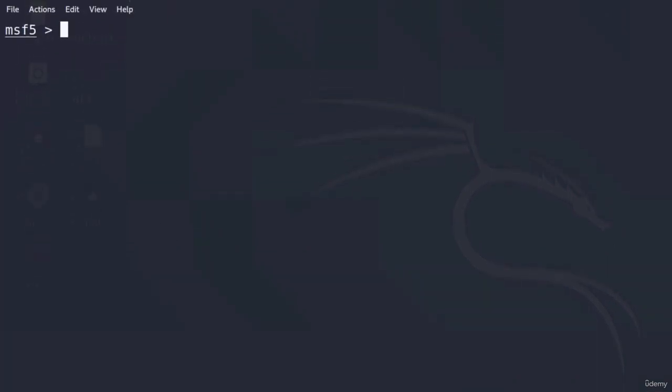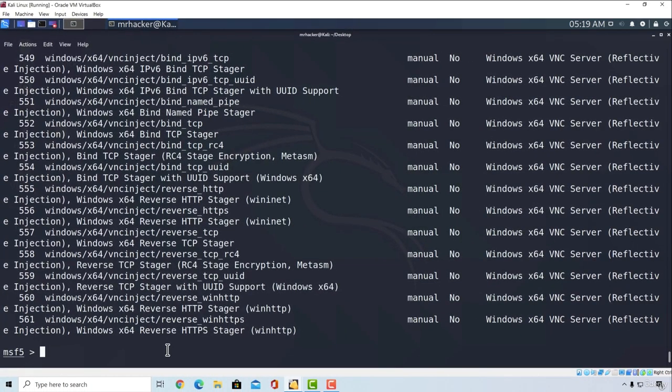But as far as the Metasploit framework goes, let's start with listing some of the modules. For example, we can use the show command to list out any type of modules we want. So we know that there are over 500 payloads. We saw the number once we started Metasploit. In order to list all of those 500 payloads, we can type show and then payloads. If I press enter, it will take just a few seconds and it will list out all of the available